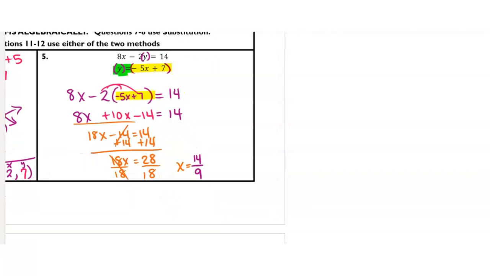And now that we found our x value, that's 14 over 9, we're going to substitute that. I'm going to use the second equation. So we've got y is equal to negative 5 times